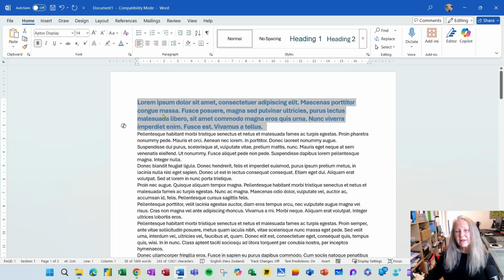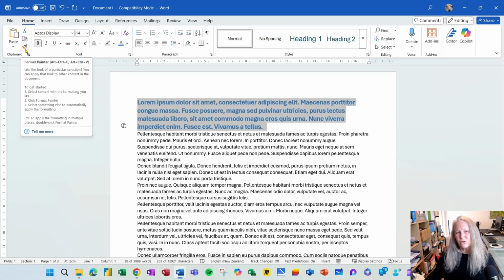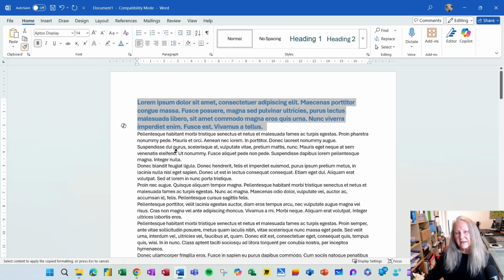Now I want to apply this formatting to a number of paragraphs. So now I want to introduce the Format Painter over here under Cut and Copy. The Format Painter is a lifesaver when you want to apply this formatting that you see to multiple areas of the document. And notice down here it says, FYI, to apply the formatting to multiple places, double click the Format Painter. So I'm going to double click the Format Painter, and now I'm going to select maybe this paragraph,